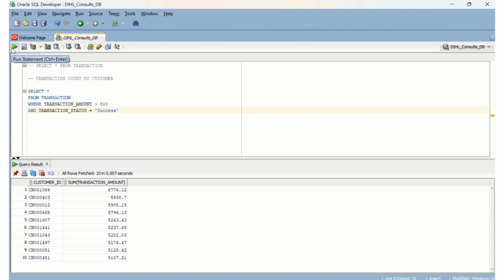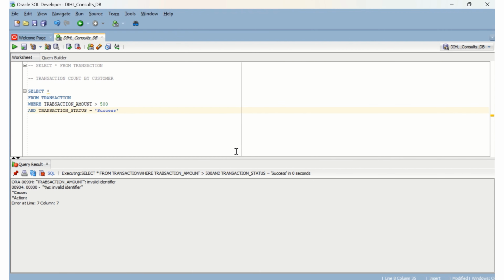Execute this, so this will retrieve all transactions from the transaction table where the transaction amount is greater than,